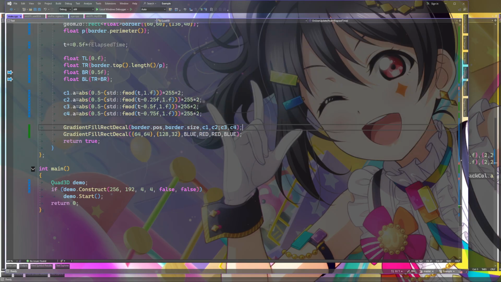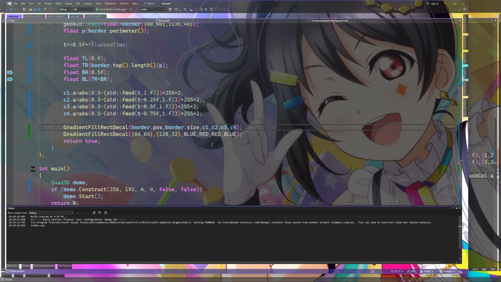And then if we look at it now, sort of getting there. That's kind of what I'm looking for. It's good enough. Good enough for what we wanted.